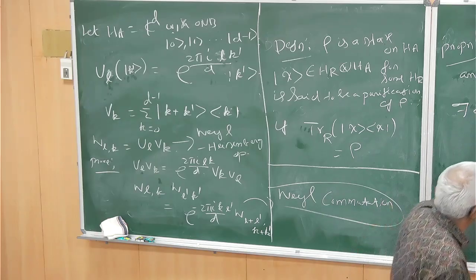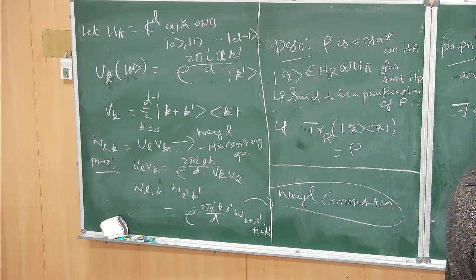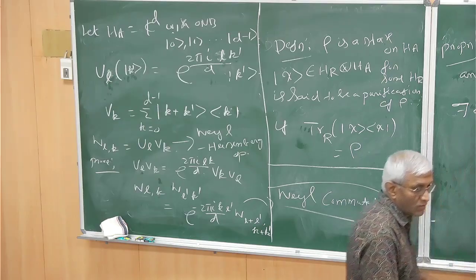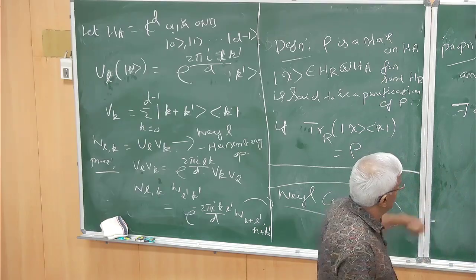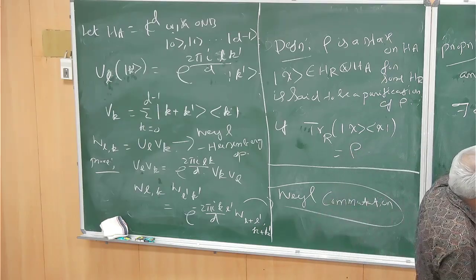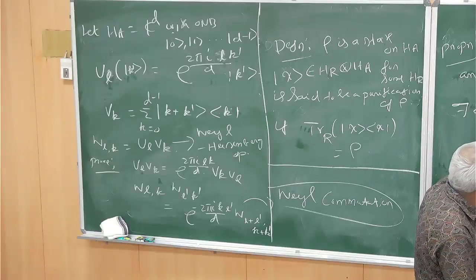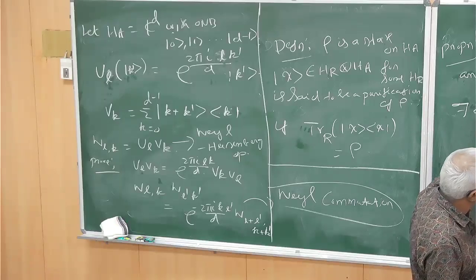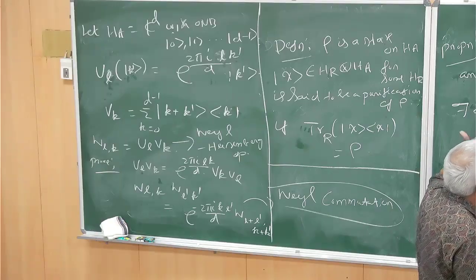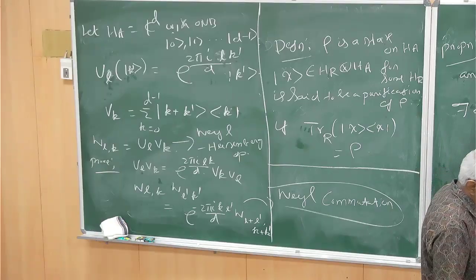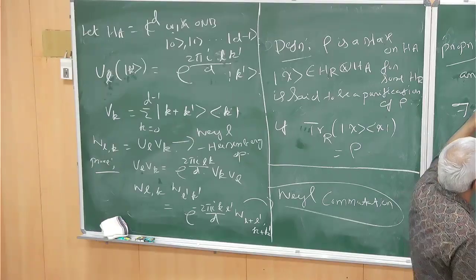You have to get a vector here so that, if this Hilbert space satisfies this condition, that the dimension is greater than or equal to the rank of rho, then you have a vector here whose corresponding pure state, when you take the marginal, the partial trace, you will get rho.